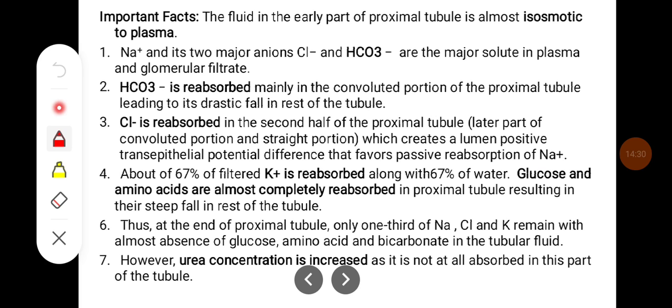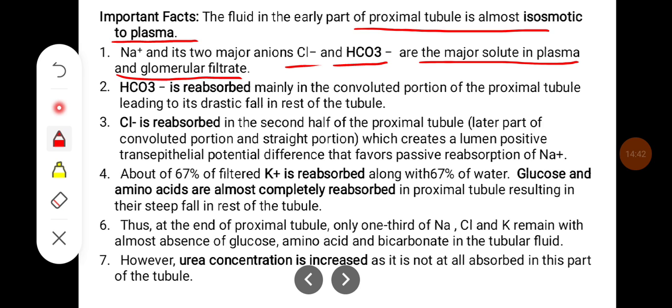The fluid in the early part of the proximal tubule is almost isosmotic to plasma. Sodium and its two major anions, chloride and bicarbonate, are the major solutes in the plasma and glomerular filtrate. Bicarbonate is reabsorbed mainly in the convoluted portion of the proximal tubule, leading to its drastic fall in the rest